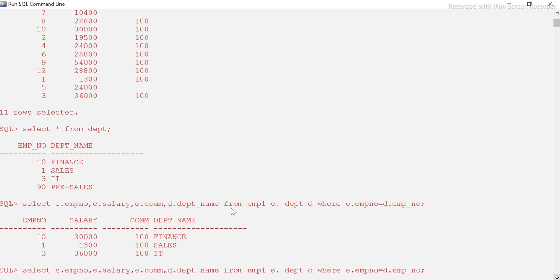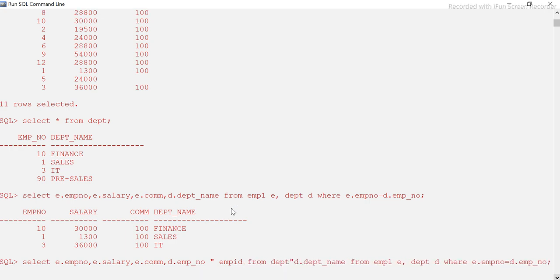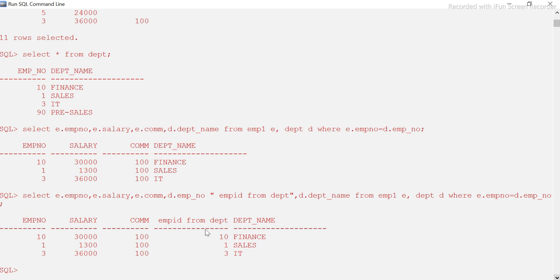I can even take it, guys, from here. Leave it. I can just say D.EMP number, something like that. And I say EMP ID from department, not a problem, right? See here. The same data is coming because we are performing the inner join, guys, right?